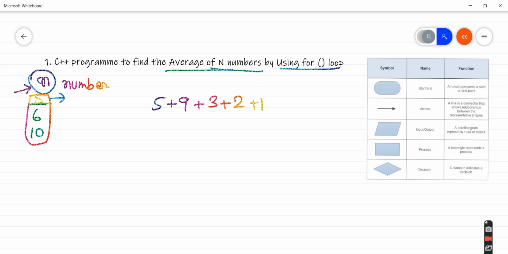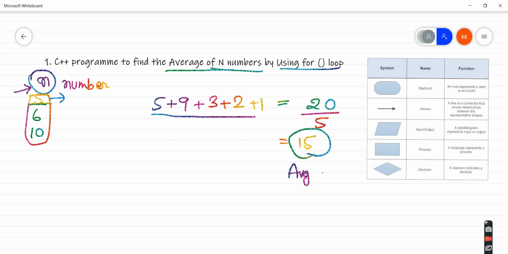These are 5 numbers. The sum of these numbers is 20, and since she has entered 5 numbers, we divide by 5, and it gives the average of 5 numbers.